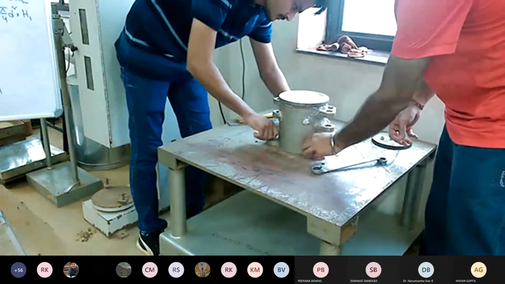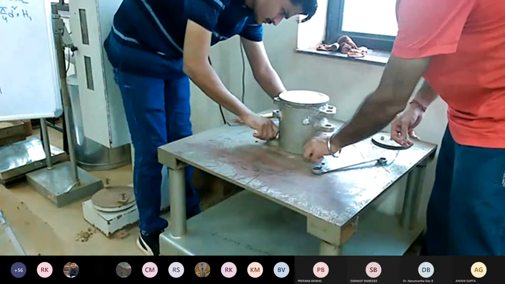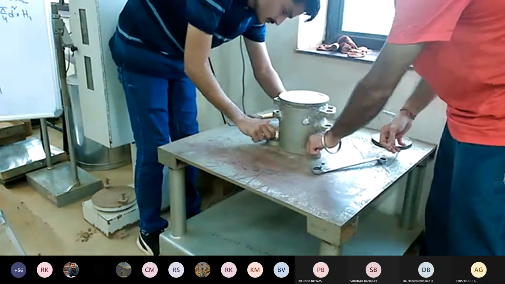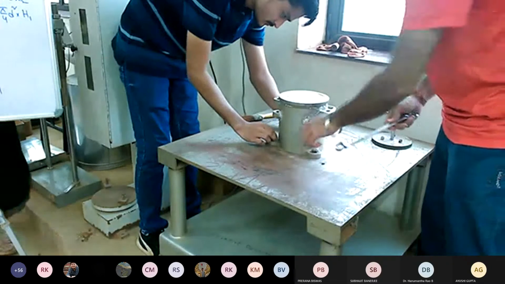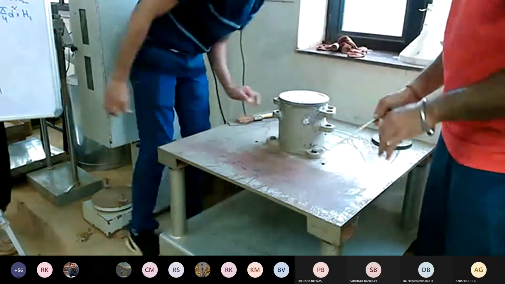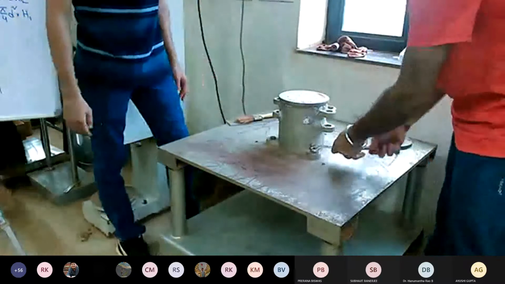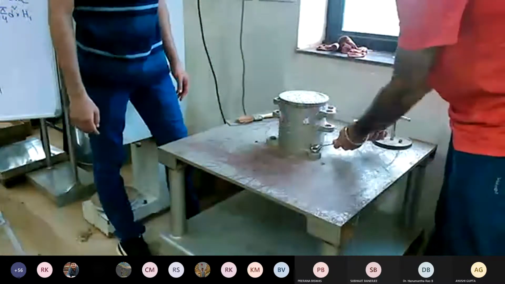While tightening any of this equipment, which has 3 to 4 screws, we have to make sure that we are not tightening one side much more than the others. We have to take turns to tighten each side so that it is uniformly tightened and not loose to any one particular side.